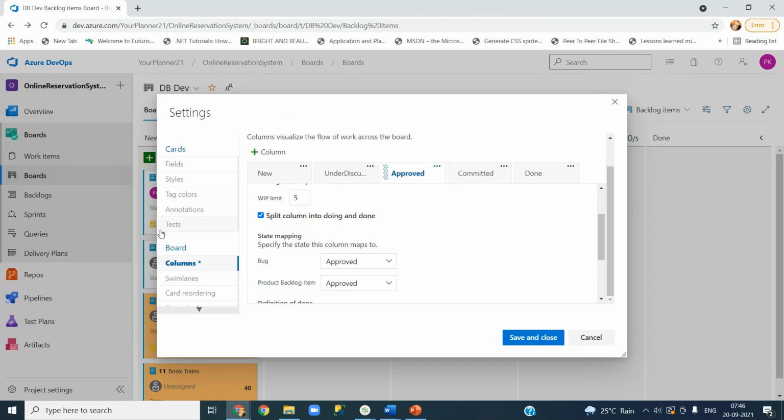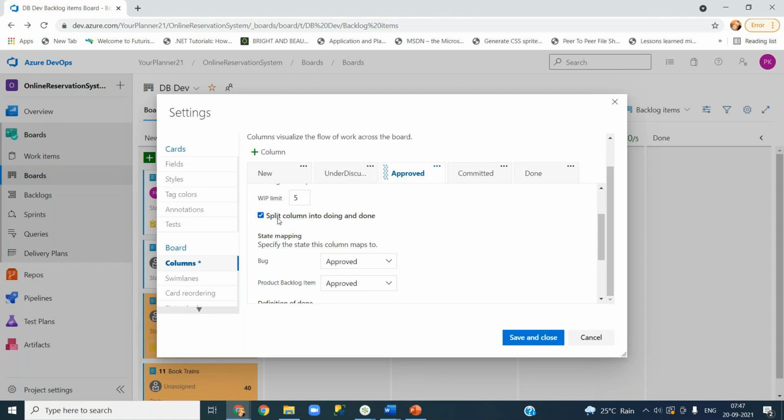What many people will do is simply move this product backlog item to approved while we are still under review. But after that, people are still debating whether we should deliver it in this sprint or not. So deliver it or don't deliver it, you are in a dilemma basically. It means you are still under discussion, you have not yet taken a decision to approve it. But people simply move this from here to approved. Actually, that's the reason